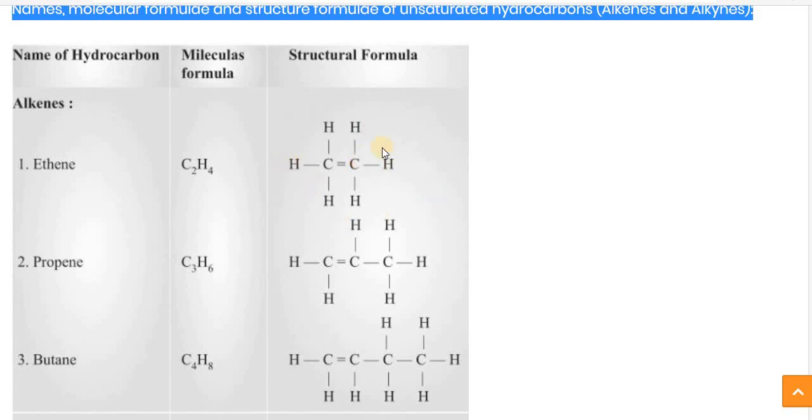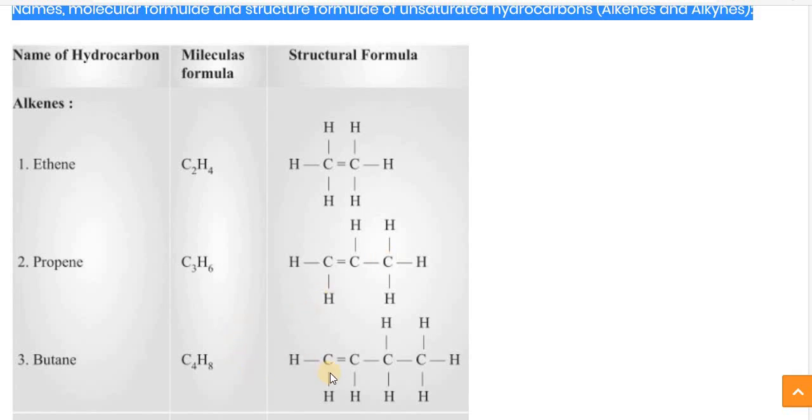How can I come to know that this formula is wrong? Because here you can see the valency of the carbon is 4, but here it has become 5: 1, 2, 3, 4, 5, so this formula is wrong. So everywhere you have to see that the carbon is satisfied, means it is covered by the 4 valency or not. For this carbon, if you count, 1, 2, 3, 4, it's okay. Now this carbon 1, 2, 3, 4. This carbon 1, 2, 3, 4. So this formula is right. That is how you have to check it.